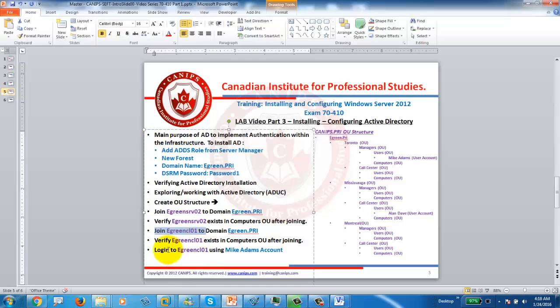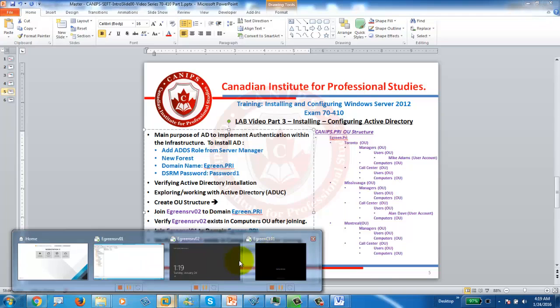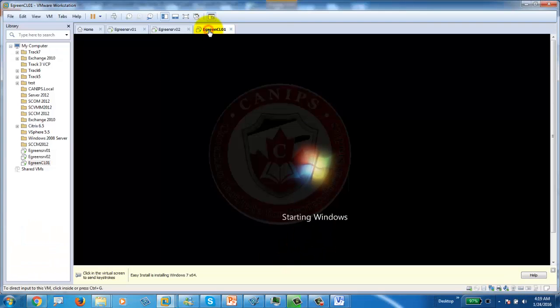Now, once they are restarted, the last step is to verify that this exists in the Computers OU. We just verified that this one and Server 2 both exist in the Computers OU. Now the last thing we need to do is use Mike Adams to log into CL01. For this, all we need to do is go to our client machine. The client machine is starting up, and once it comes back, I need to log in with